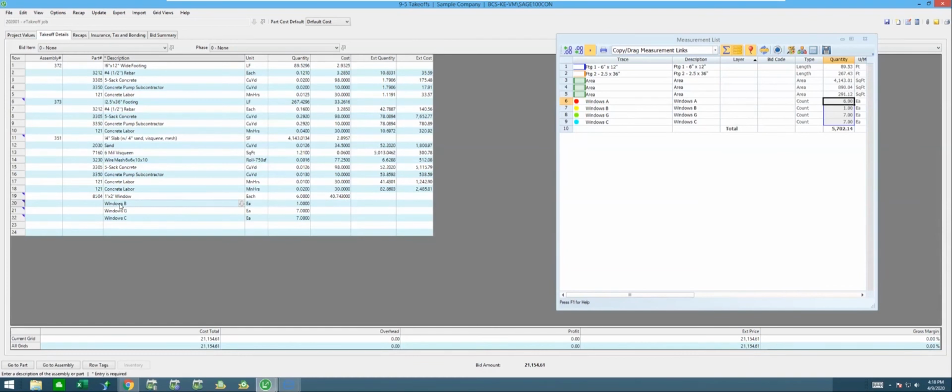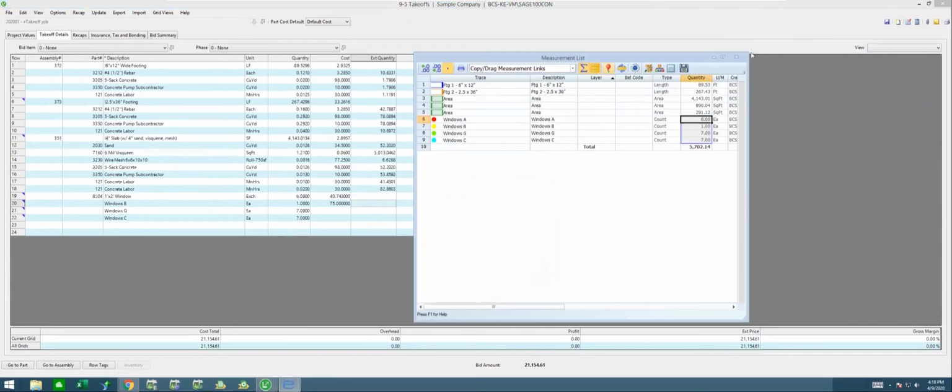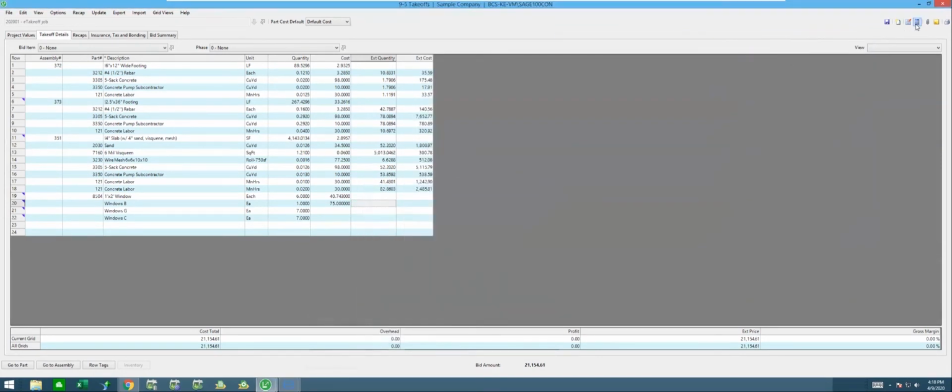Or these could be products that I just don't have parts for either. And I could come over here and just say, well, that window there is actually a $75 window and so forth, and get my quantities pretty darn quick. So I'm going to unfloat this window so that I can minimize it and get it out of my way, hit my calculate button, and it'll do my extensions and get everything up to date.